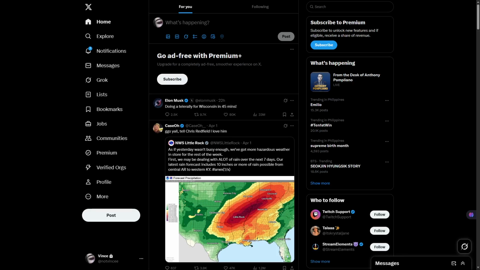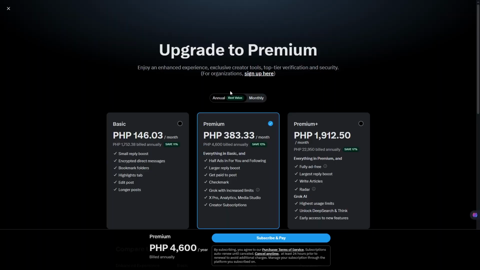So, hello everyone. How do you use X Radar in 2025? So, to start off, I have already signed in my account on X or twitter.com. Now, we just need to hover over to the premium and you can see it directly here on the list. Now, click on premium and you will be redirected here where you would be given a choice on the membership